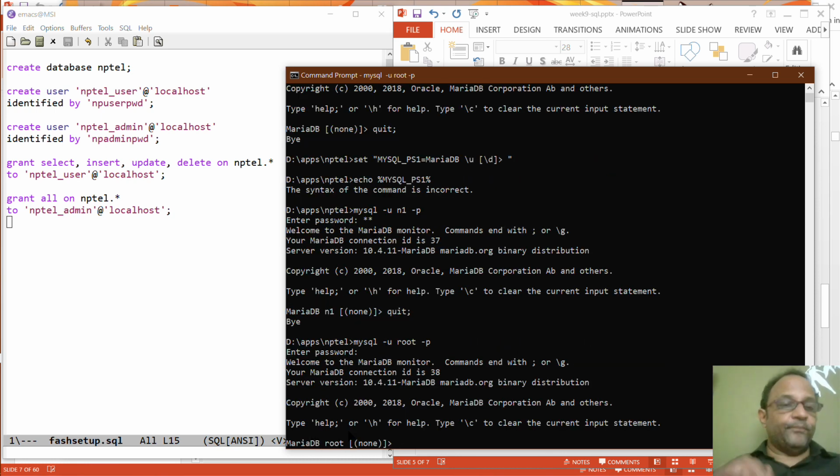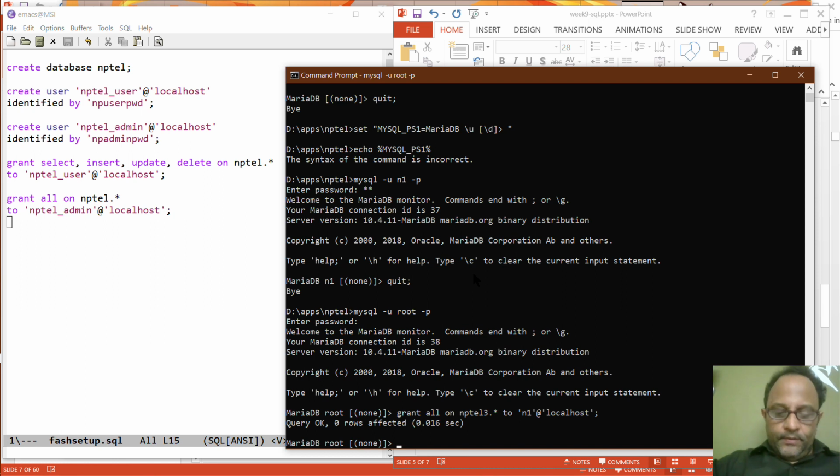Right, so now it's root here. And now we can give grants to N1 and N2 and then see what happens. So first let's grant all on NPTEL-3.* to N2, and let's grant it to N1 at localhost. And so now if you do show grants for